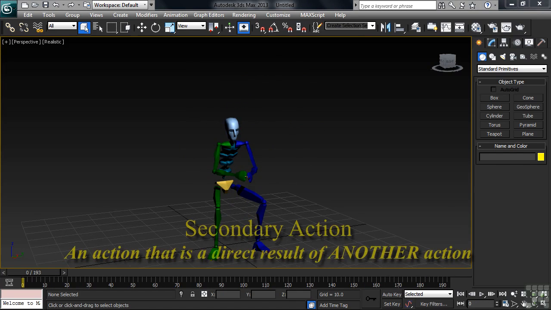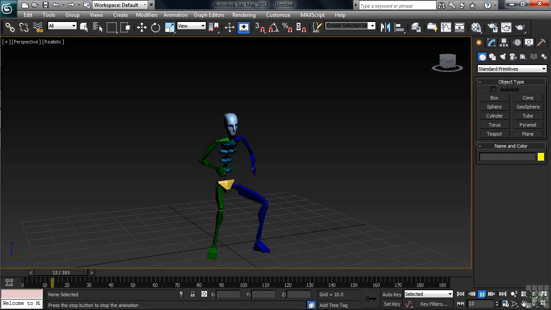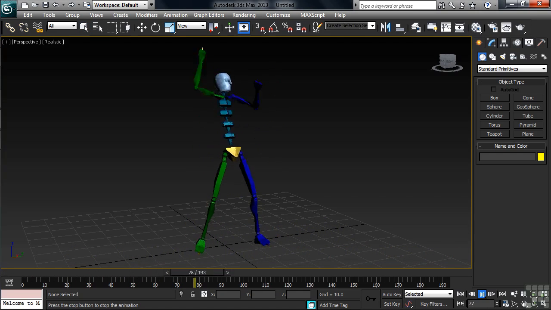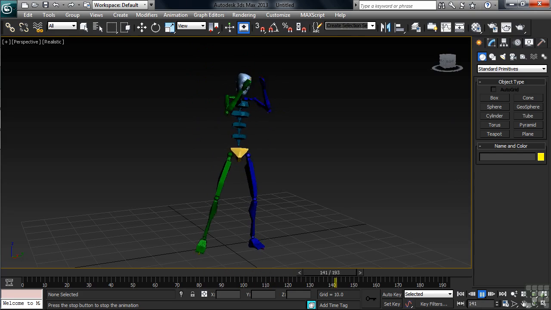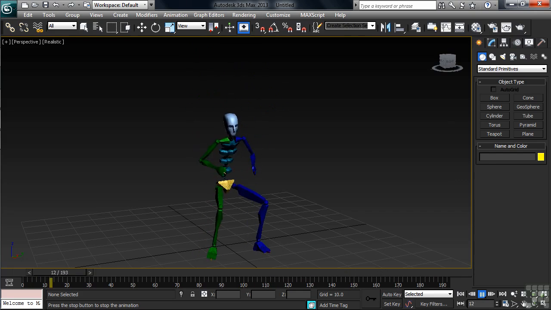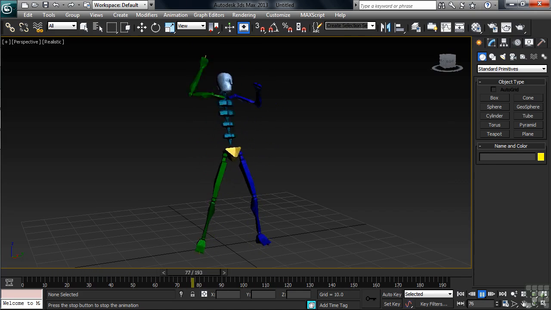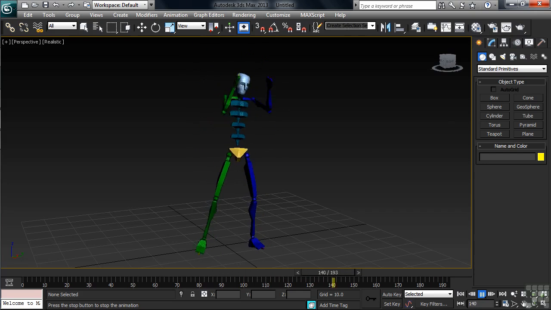Then there's secondary action, which is defined as an action that's a direct result from another action. This happened because that happened, in other words. The only reason why this character jumped out of his seat was because of something happening. A touchdown scored, a three-point shot to win the game, his horse winning the race. Something initiated him standing up.